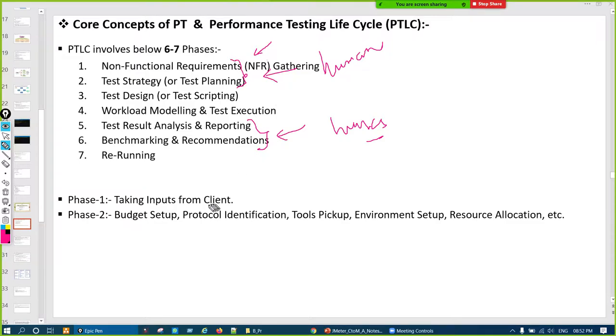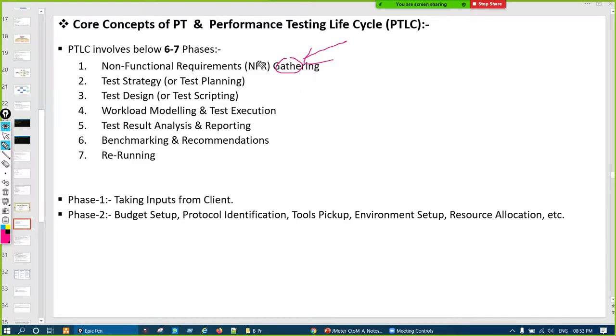In that we take inputs from the client. Some questions are there, like how many users you want to test for, what response time you are expecting, how much user load you want to apply. This kind of criteria we collect in non-functional requirement gathering. Generally a senior person, like the BA, business lead, some manager, or some senior in performance testing, takes care of this step.